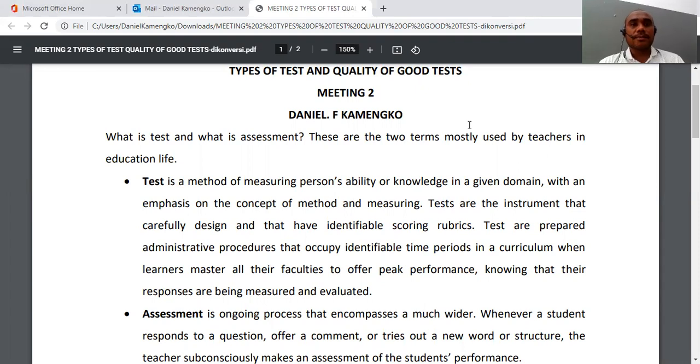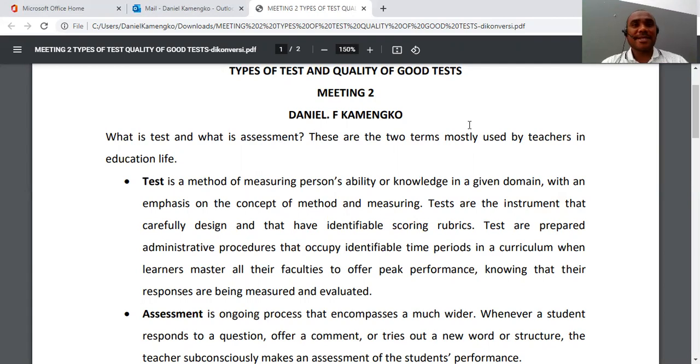All right. The task that I gave you before the previous meeting was the first task, and today I'm going to give you the second task. Maximum, you will have 3 tasks during this semester. After that, you're going to have a mid test, a final test, and some quizzes, right? So all the scores will be uploaded in the system, and then you will have your last result, which is A, B, C, D, or E. One more time, thank you for those who sent the task on time.